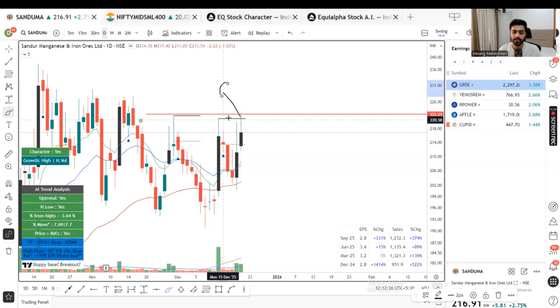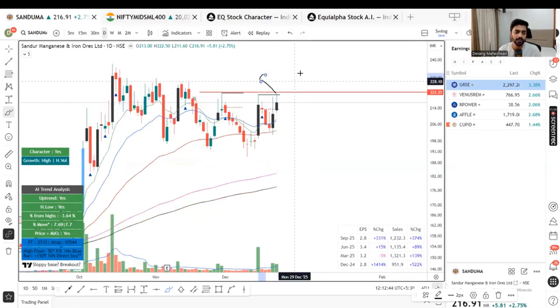It has crossed up here, so it's trying to move up. So you can again wait for more. Okay. Good close. A daily close above this can be an entry trigger. Yeah, that will be a good breakout. Okay. That's it.